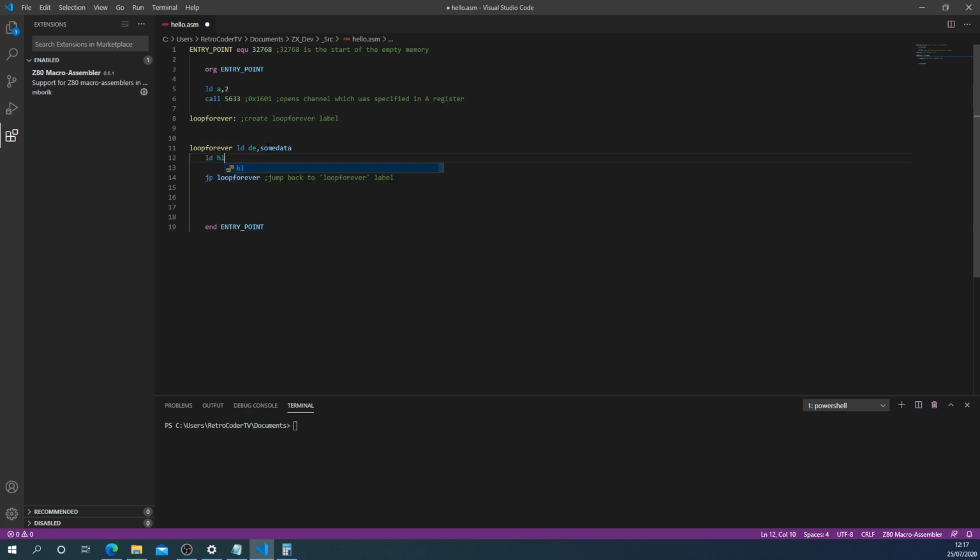Load HL, more data. As you can see, it's really just destroyed the look of the code. I don't know why people do it like that, but it's very common. This is the same thing,